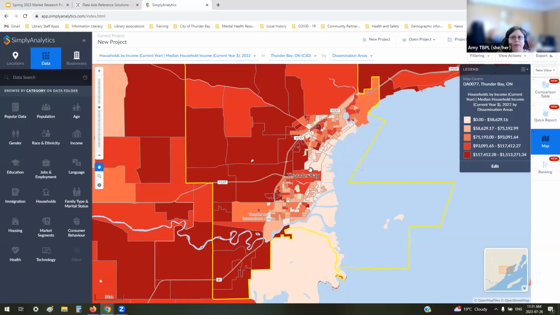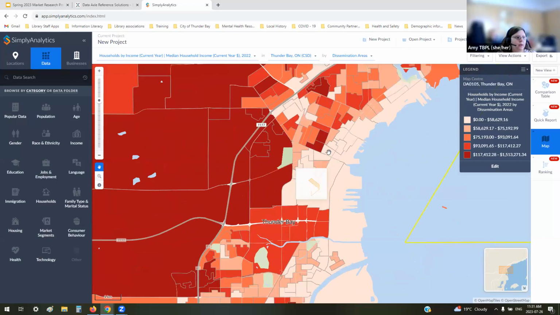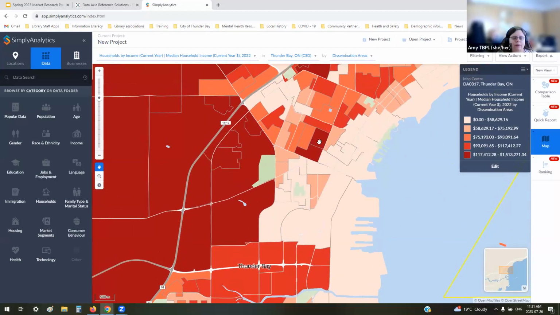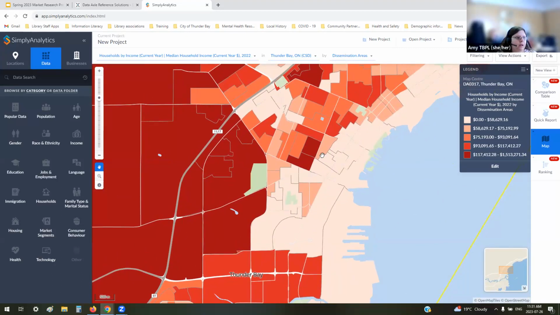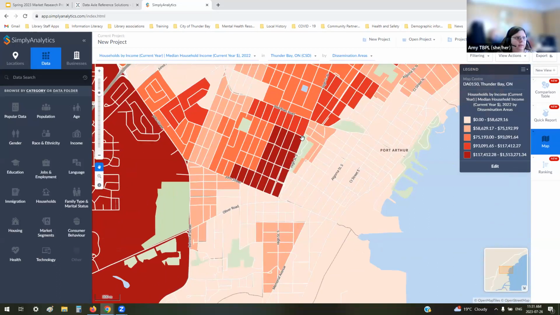So this is where you can really tell if you are familiar with the city you're looking at. Things you know about the city, you can see on this map. So if we look over here, for example, we have these 2 very dark patches of land. And at first, it's not sure why, but then you zoom in closer and you can tell that's High Street and that's the Merriday Park area where there's a lot of character homes. So especially looking at income, in order to maintain a character property like that, you are going to need better